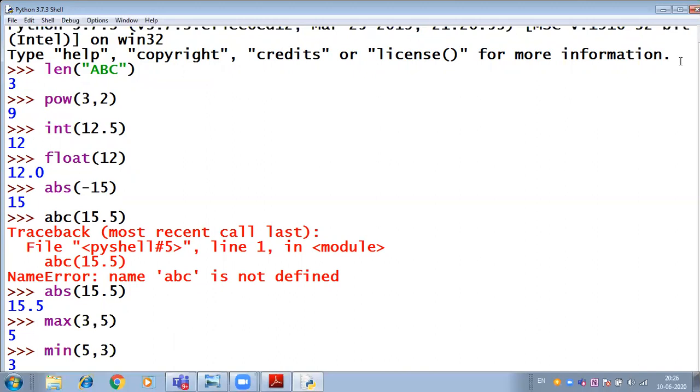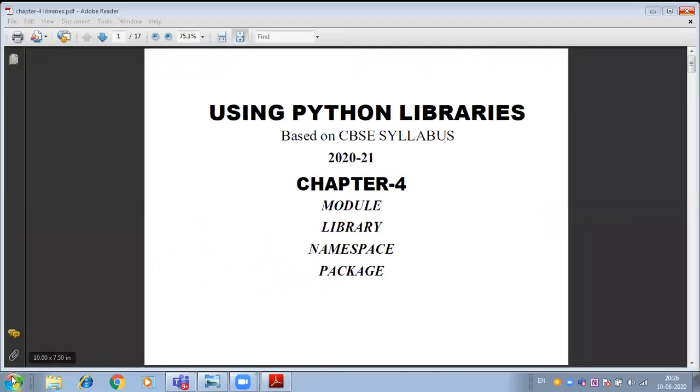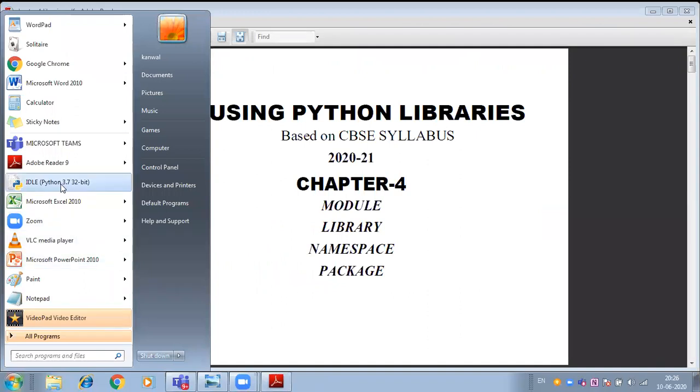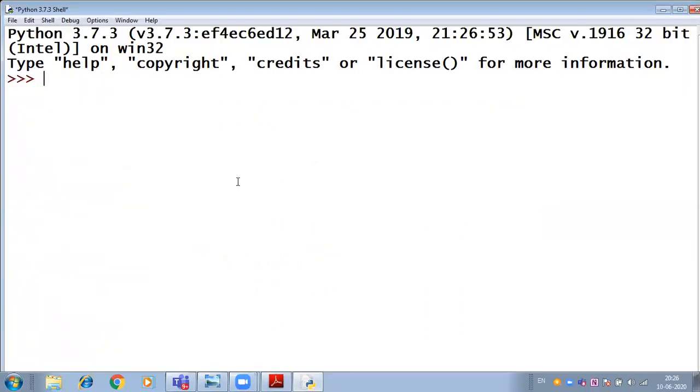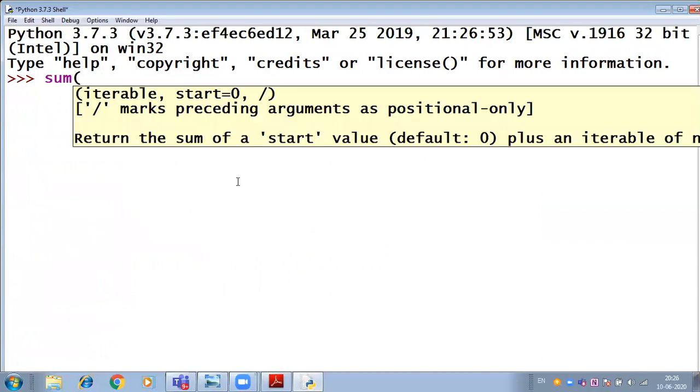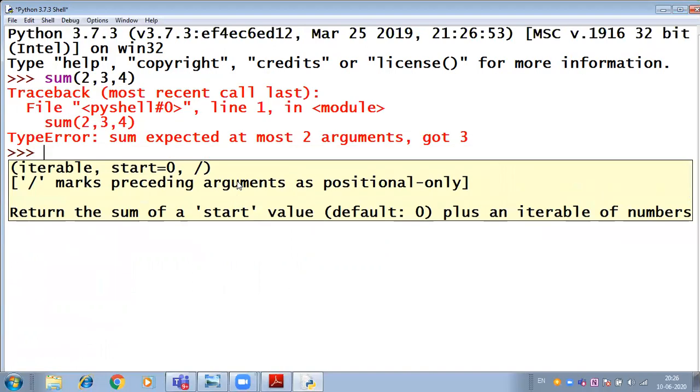We'll discuss more functions. I'll just close this and show you the next file so that it is easily visible to you. So here I write sum, right? And if here I write 2, 3, 4 or any values and press enter, you'll get an error.